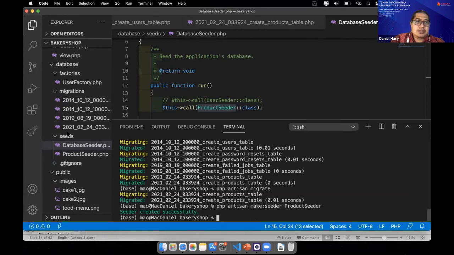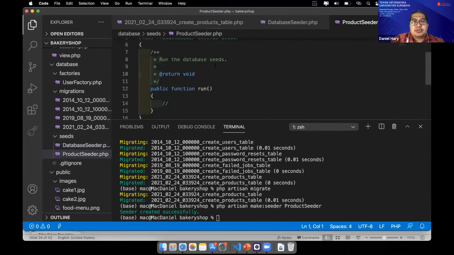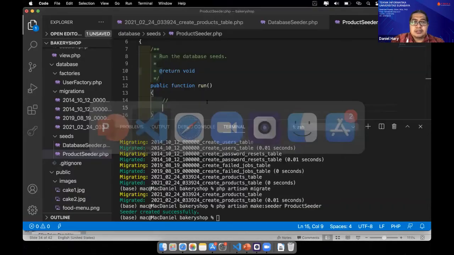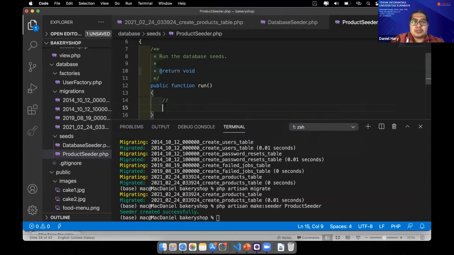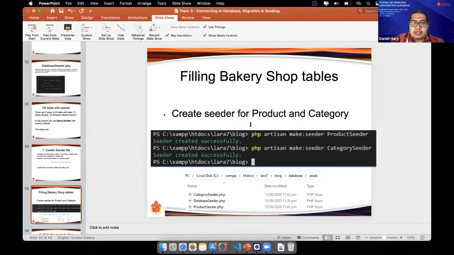In the database seeders folder, there is the product seeder, and we put how to insert into a table here. We will use the query builder, but you can also use a native query or an Eloquent model. But here we will use the query builder.